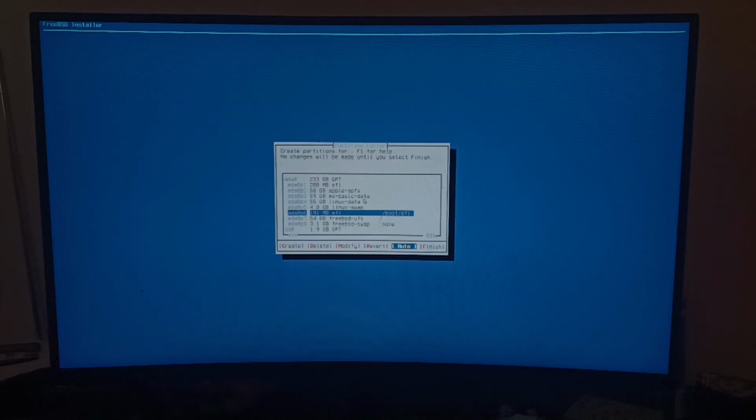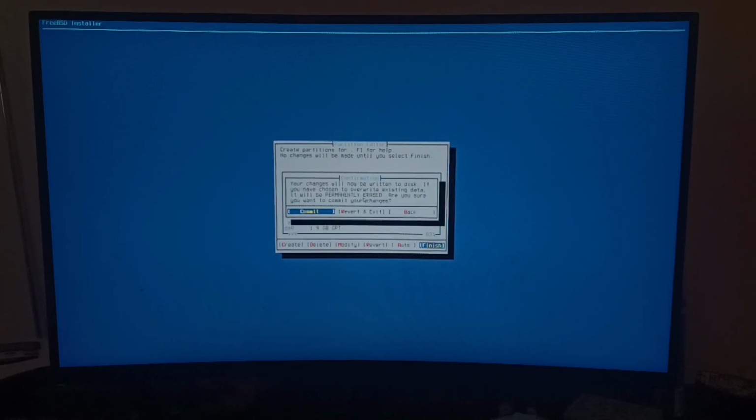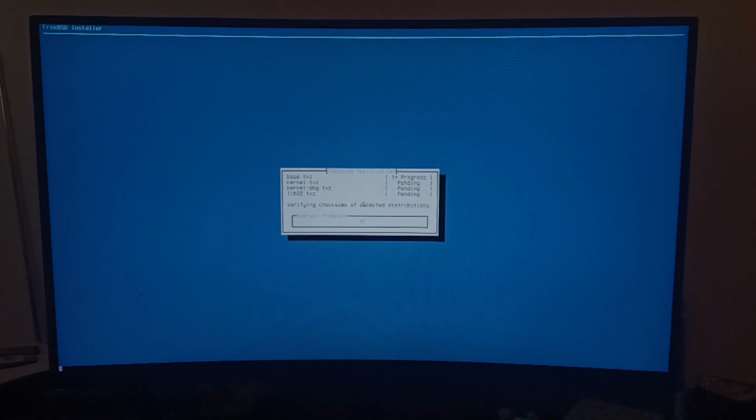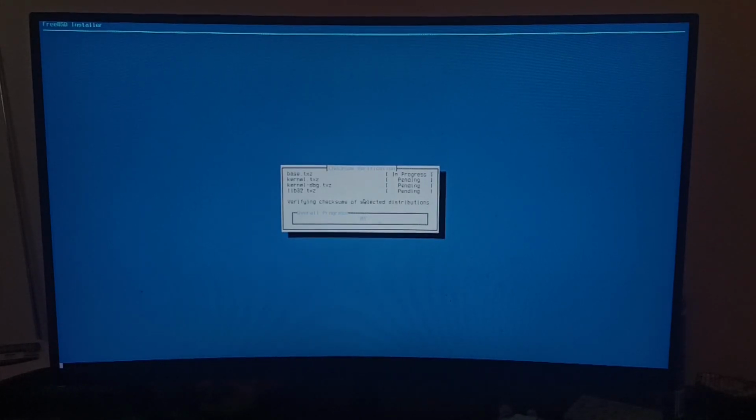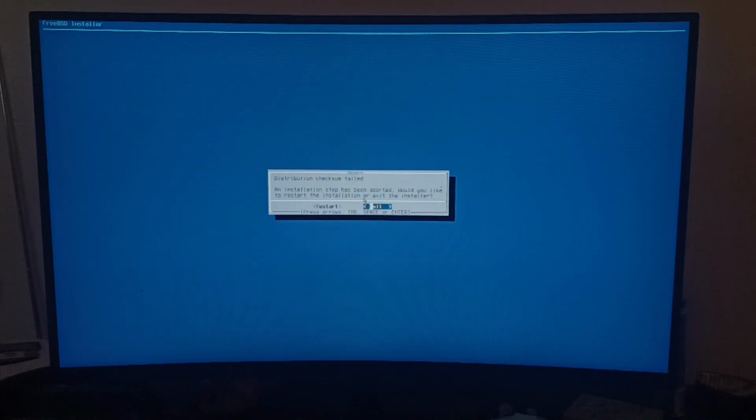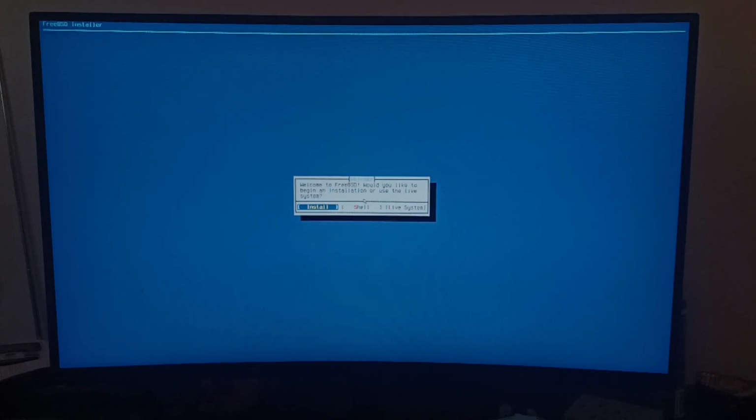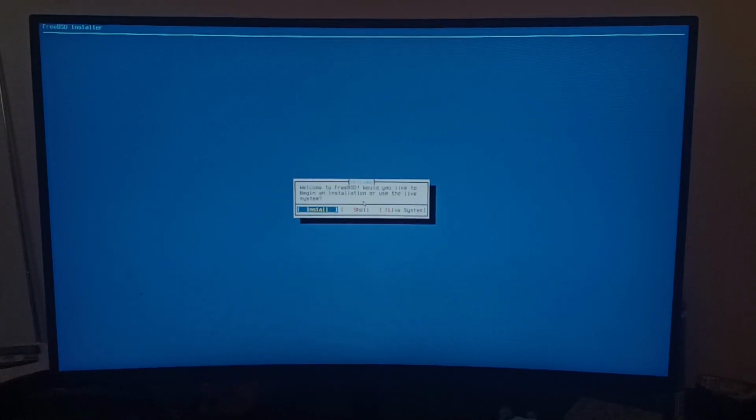I can use the existing partition map, which is good. Verifying checksums of the selected distributions. Of course the distribution fails to install. Okay, you know what? Forget this. I'm just gonna use version 14.2. 11 minutes later. Okay, let's try this again, but instead of booting through